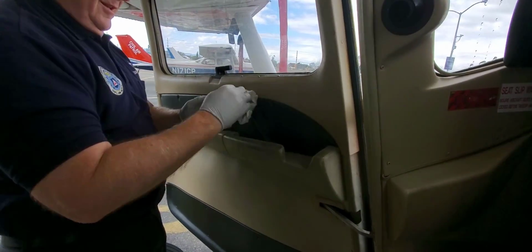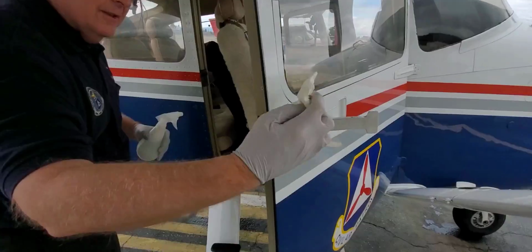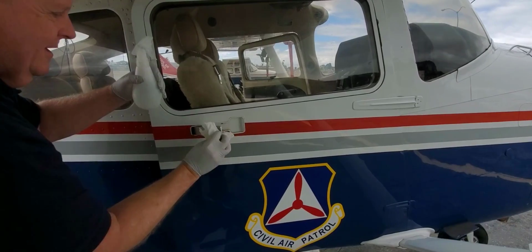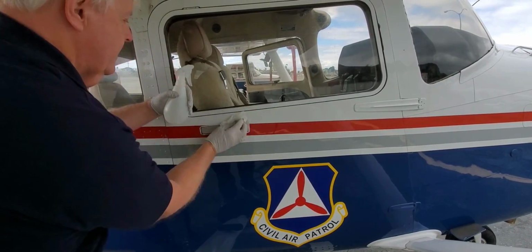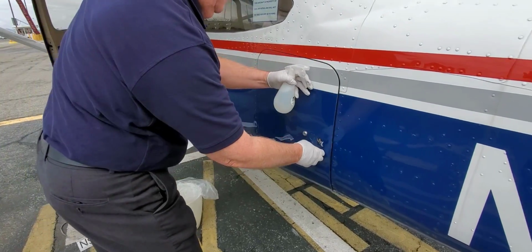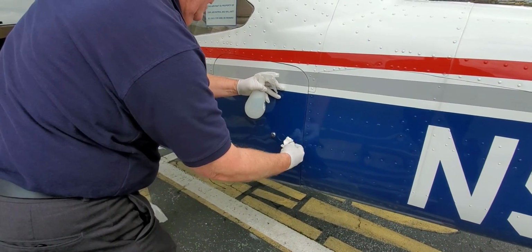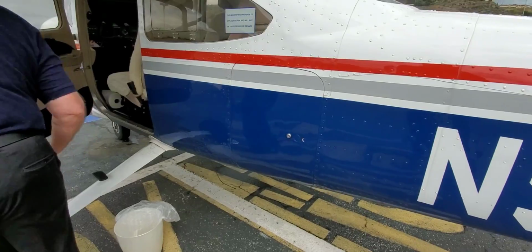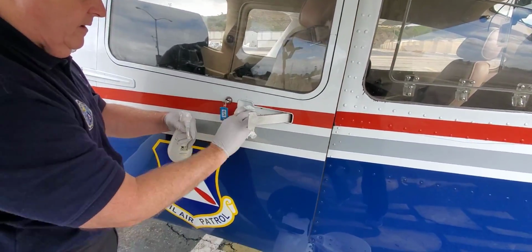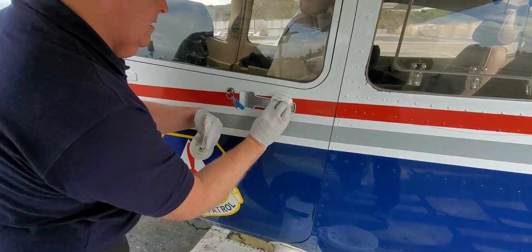After having completed that, then we're going to lock up the plane. So we have to place everything that goes in the plane inside, shut the door with our wetted towel, and wipe the surface where we used to get into the door. Having closed the back port, the right side door, the left side door, and locking the plane,